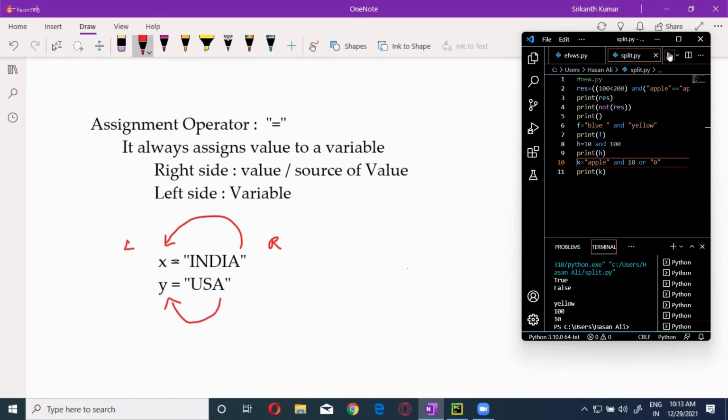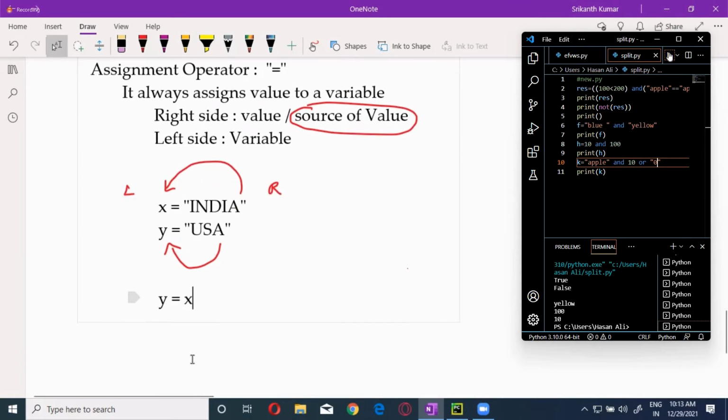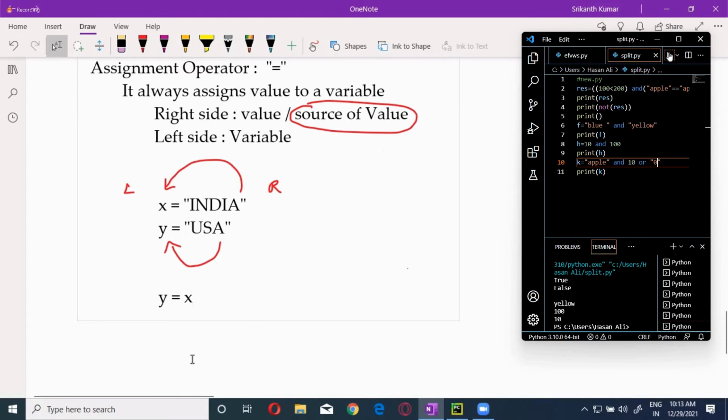Now, what do I mean by source of the value? If I give y is equals to x, what is the actual value of y? USA. What is the value of x? India. How will the value flow?